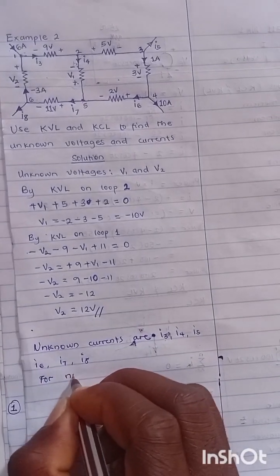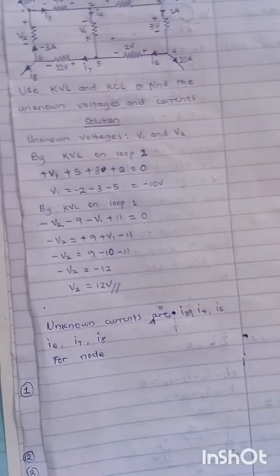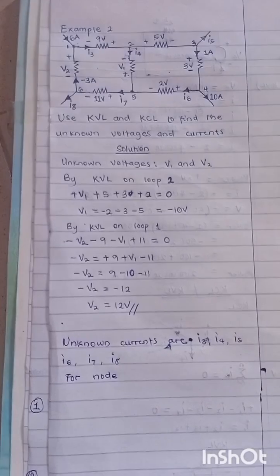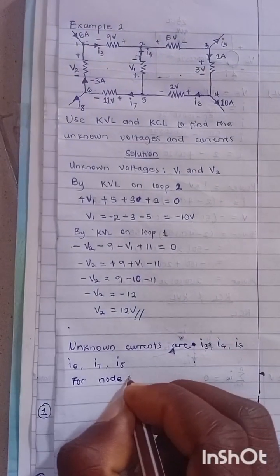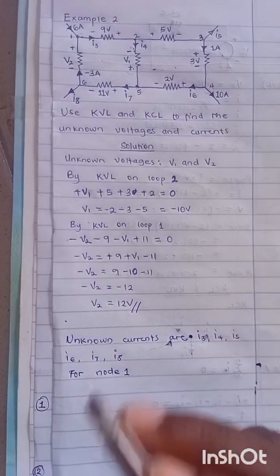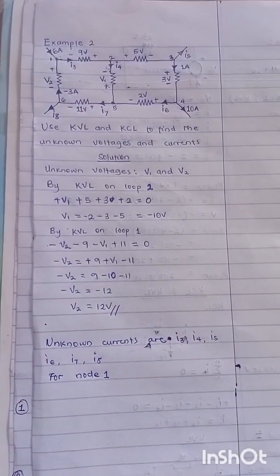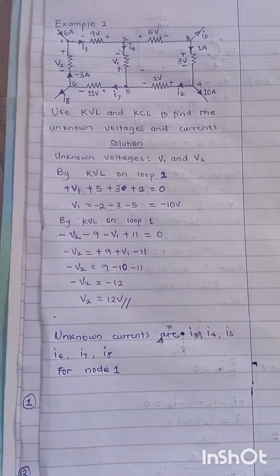For node 1, remember, it is just by my labeling that I gave them the node values. It doesn't mean you always have to start from node 1. It is from the consideration that my node 1 carries fewer unknowns. That's why I'm starting from